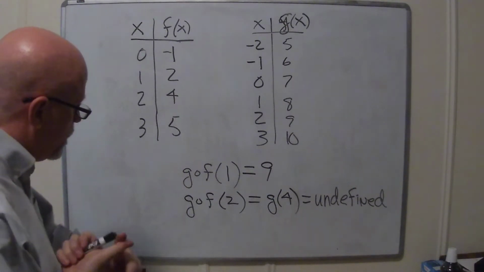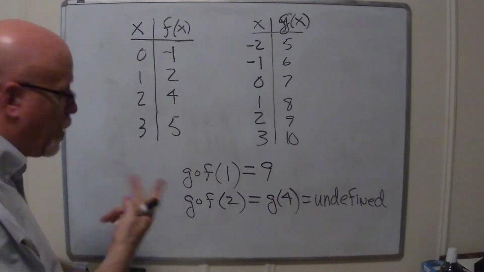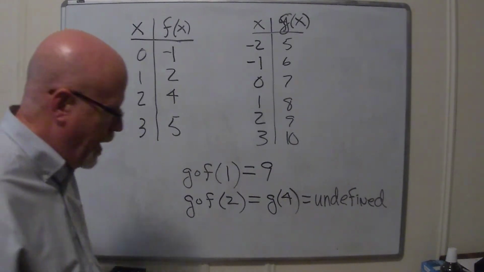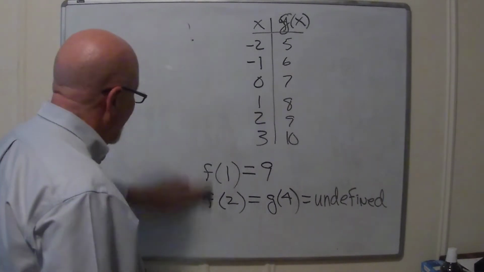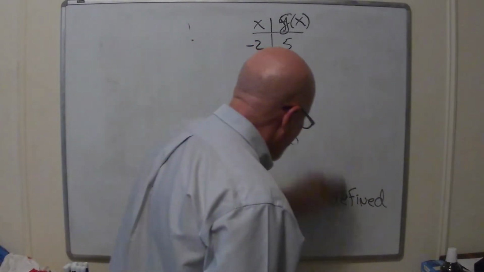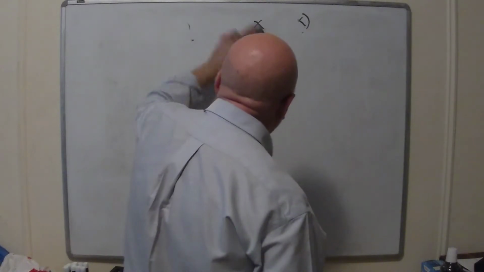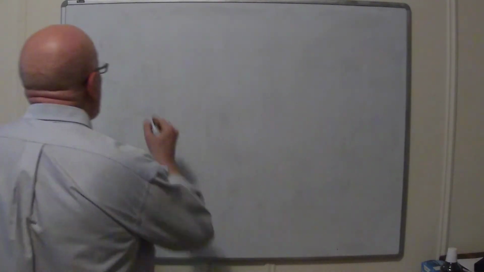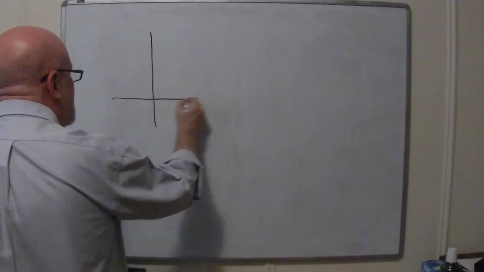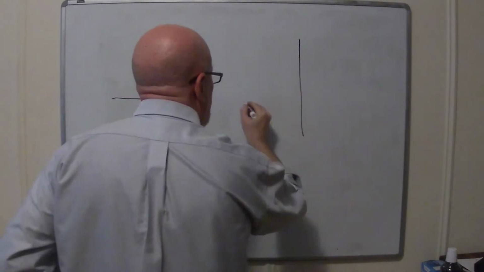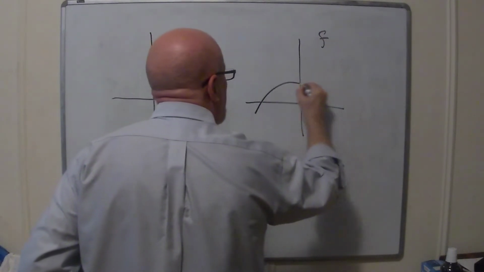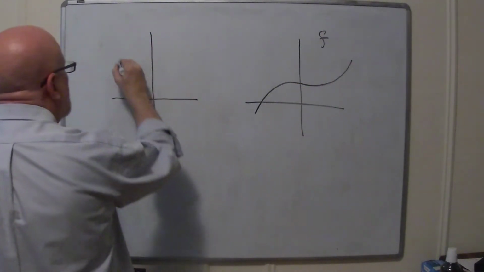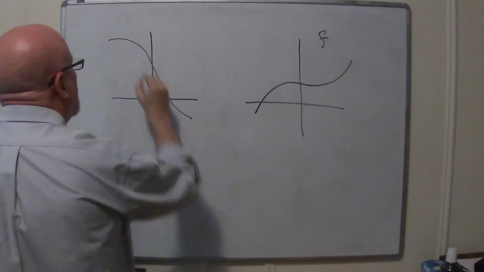So that was formulas, tables, oh, graphs. Graphically doing composition is a pain in the neck. I won't lie to you. It's sort of the least intuitive thing here. But let's graph the two functions I'm interested in separately. So this will be a graph of f, maybe like that. And here's a graph of g, like that.